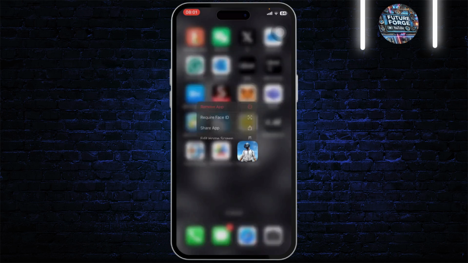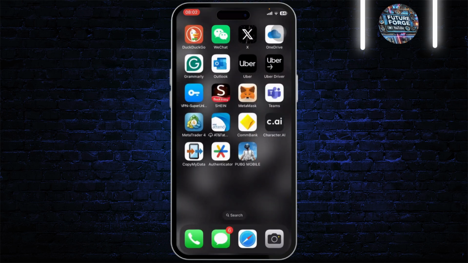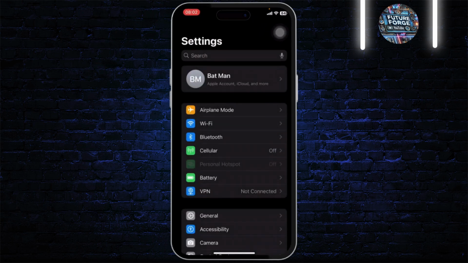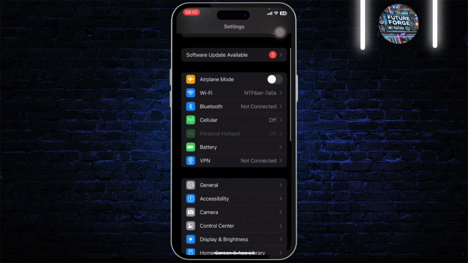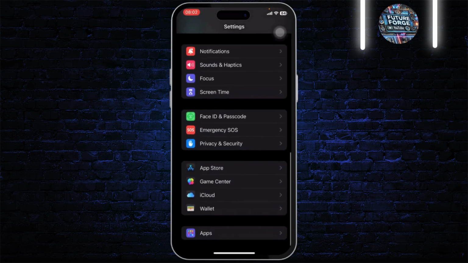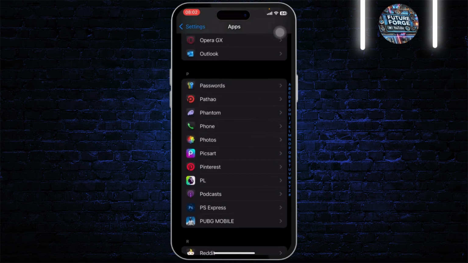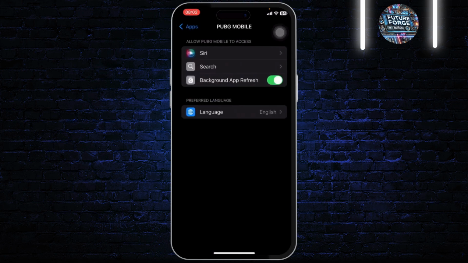First, if you've just downloaded PUBG and tried to log into your account and you could not, what you'll need to do is simply head over to your settings first. After you're on your settings, scroll down till you find the apps section, tap on apps and search for PUBG. Now after you find PUBG, open it up and right there you will see background app refresh and an